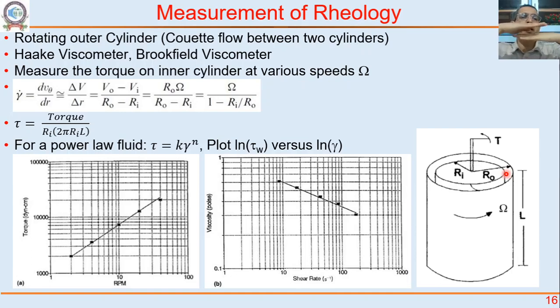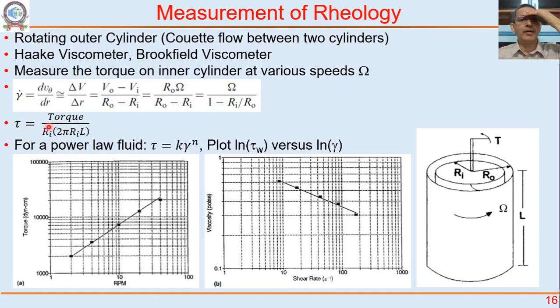And there you found that gamma is just delta V by delta R. You recall, go back to that lecture and see how we calculate the strain rate for two parallel plates. Right? And the stress is proportional to torque divided by